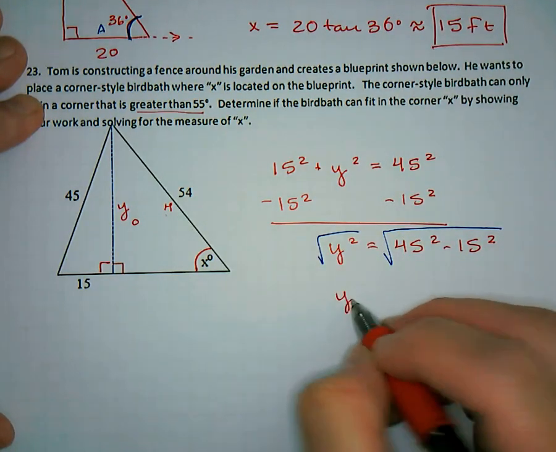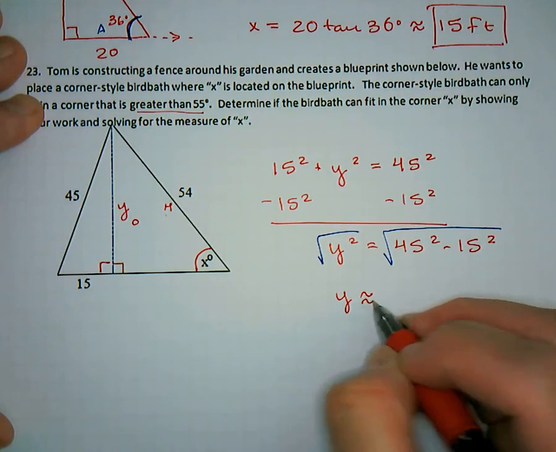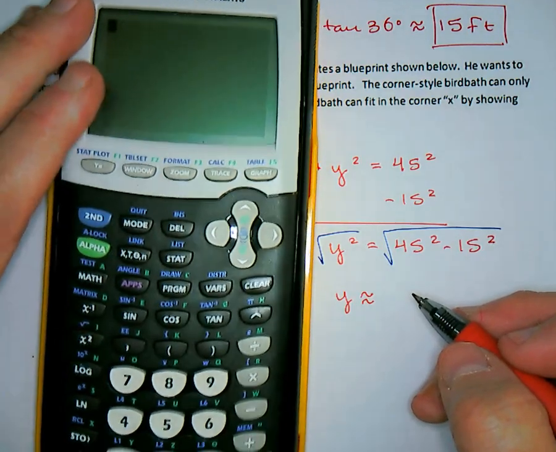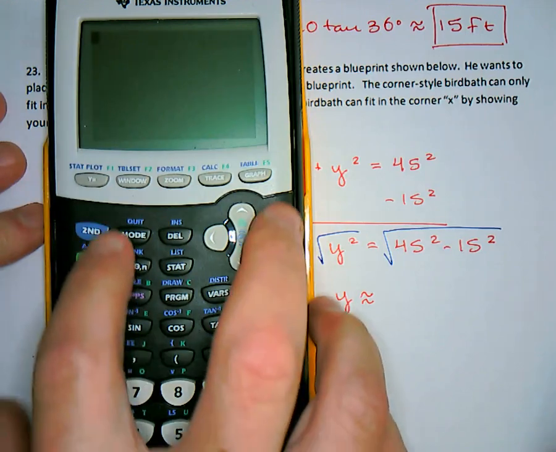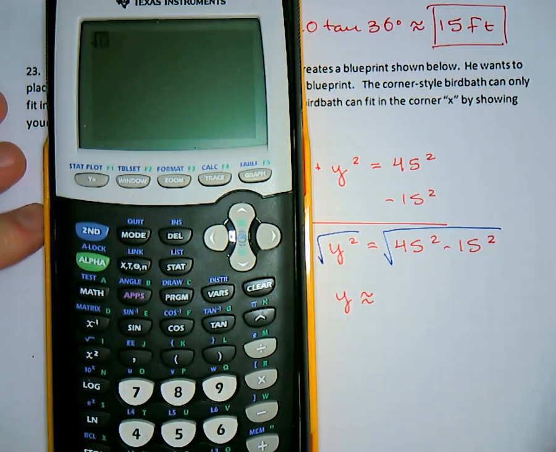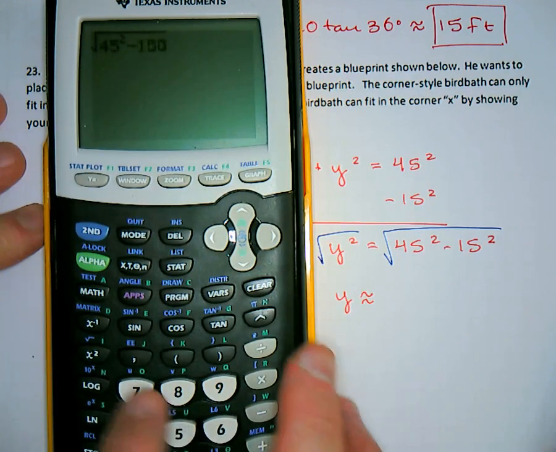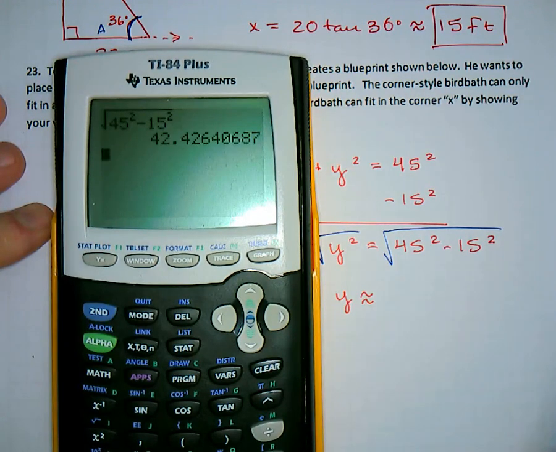So our y is going to give us an approximation because we're going to be doing a square root. So let's go 3 decimal places, because we were going to have that as an intermediate value here. Let me move that right there. So second x squared, so that opens up our square root function. Okay, 45 squared minus 15 squared. Then I hit our enter button, so we're going to see that that is approximately